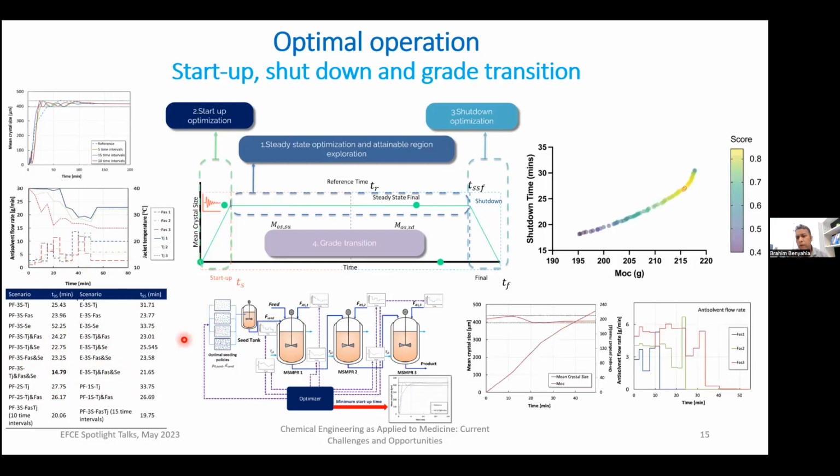We did a similar thing for the shutdown, and on top of that, we looked at a multi-objective optimization to see what are the best compromises for a shutdown. Here, the shutdown consists in collecting as much crystals as possible and avoiding wasting very valuable material at the end of the process. And here again, we would like to keep our particle size within specification in order to achieve the right quality